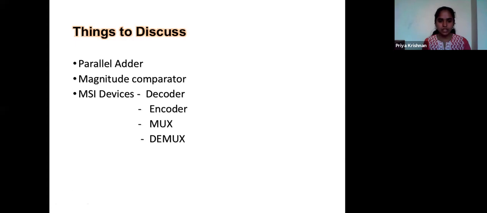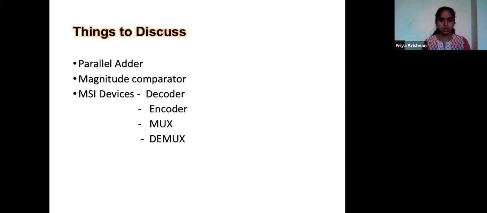Someone asked in yesterday's chat whether it is possible to add more bits using a full adder. No, it's not possible to add more than 3 bits using a full adder. But in real cases, we need to add many bits all the time. We are not restricted to 1 or 2 bit addition.